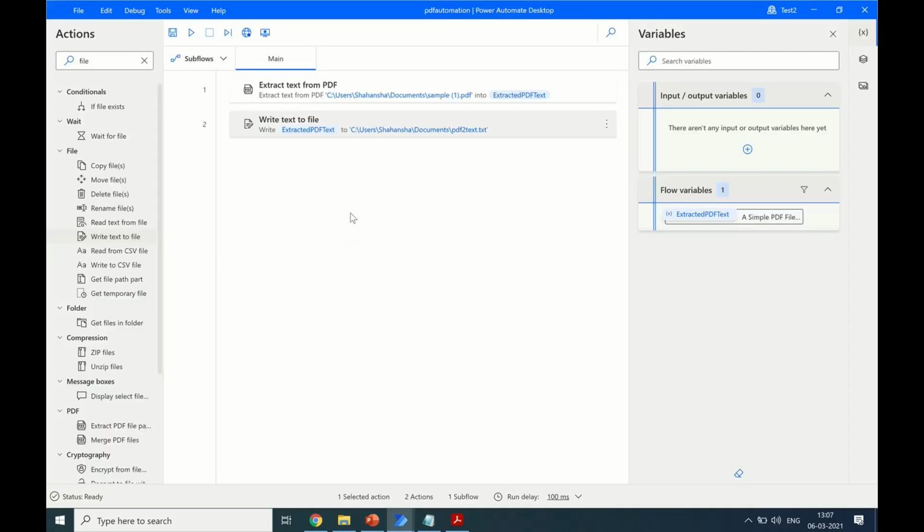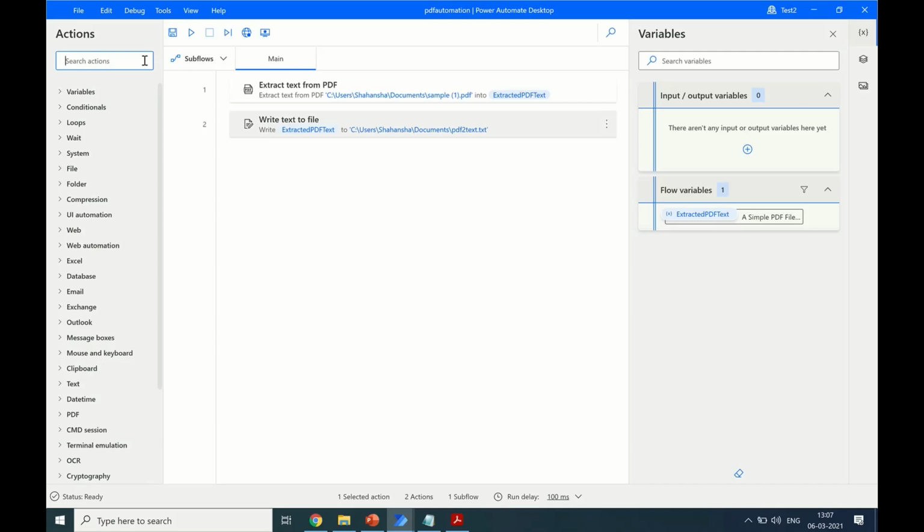So like this, if you have hundreds of PDFs to be done, you can loop through a directory, and then you can extract the PDF content from PDF to text or to some other location. So this is how you can do a lot of different things. For example,